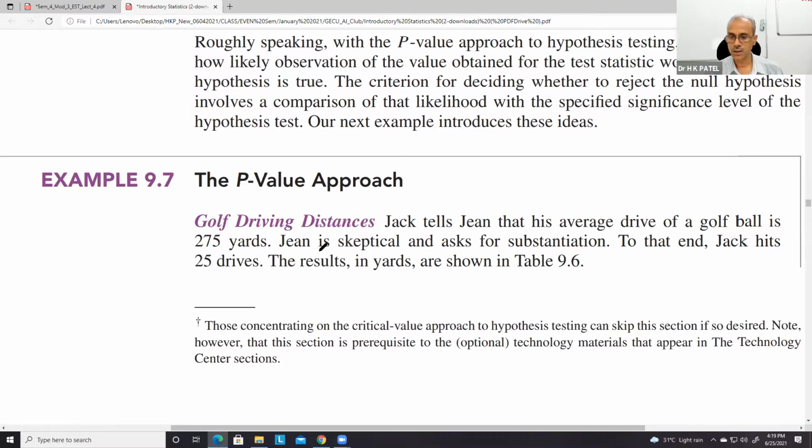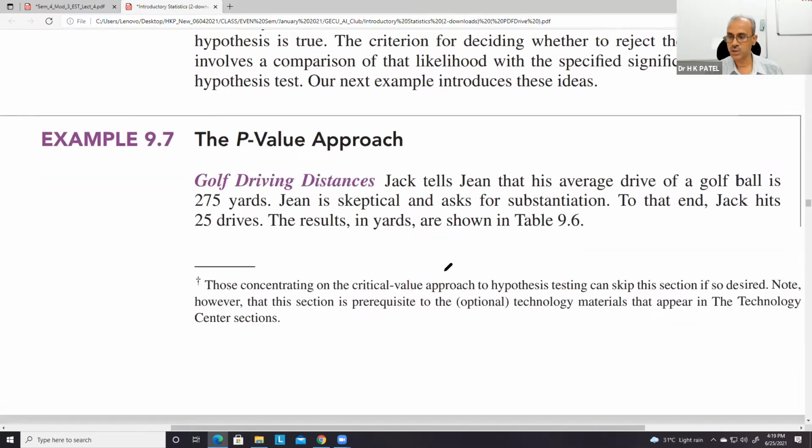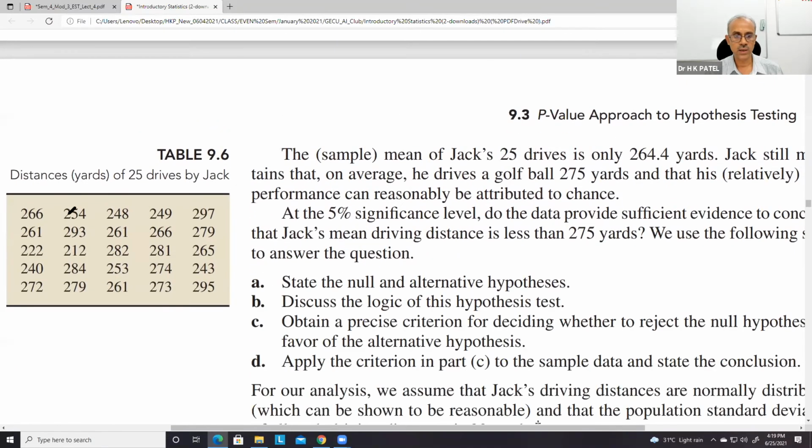Okay, now Jean is skeptical and asks for substantiation. To that end, Jack hits 25 drives. The result in yards are shown in this table. Okay, so 25 drives. These are the numbers. Okay, in yards or meter, whatever it is. Okay, so for this we